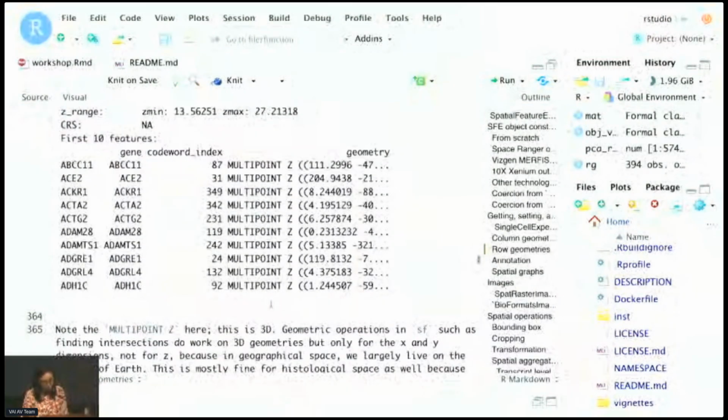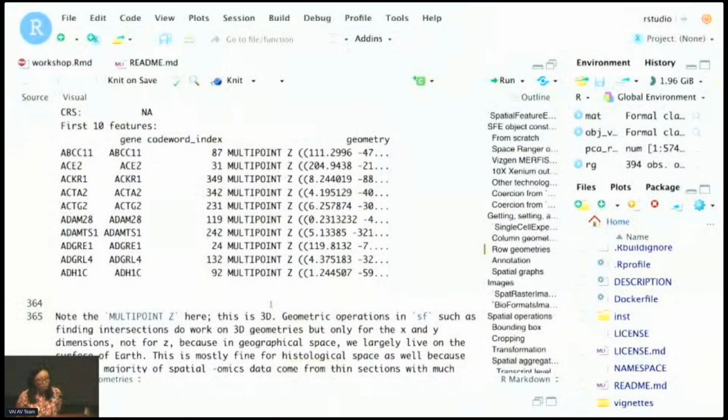The sf package actually works with three-dimensional data, although when it comes to spatial geometric operations, it only operates in X and Y. I think it's largely because in geography, for the most part, we live on the surface of Earth, so X and Y, the longitude and latitude, are more relevant than altitude in most cases.